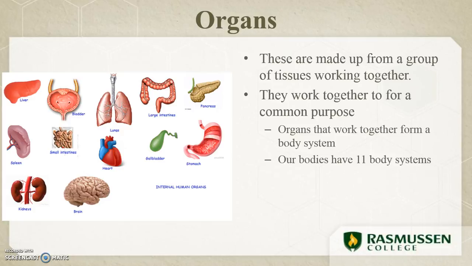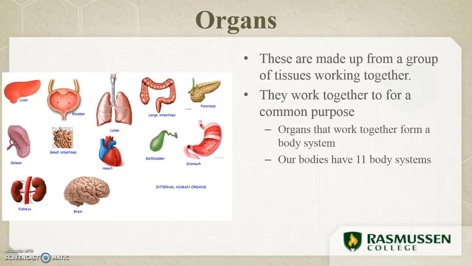And with all of our organs, we then have them work together for a common purpose. And when they do that, they form what we call a body system. Now, our human bodies have 11 different body systems. We have the integumentary system, or your skin, the skeletal system, which deals with your bones, the muscular system, which deals with all of your muscles, nervous system deals with the nerves and tissues, endocrine system is going to deal with your pancreas and your kidneys,